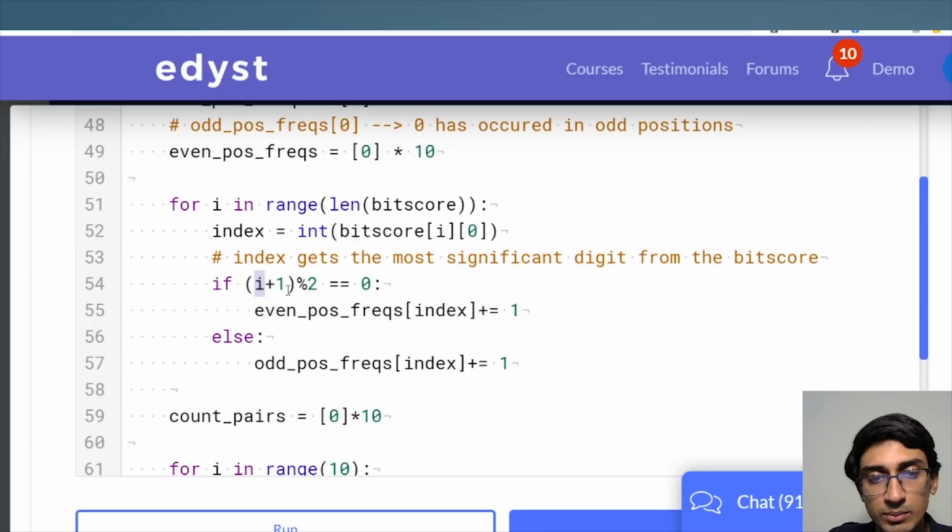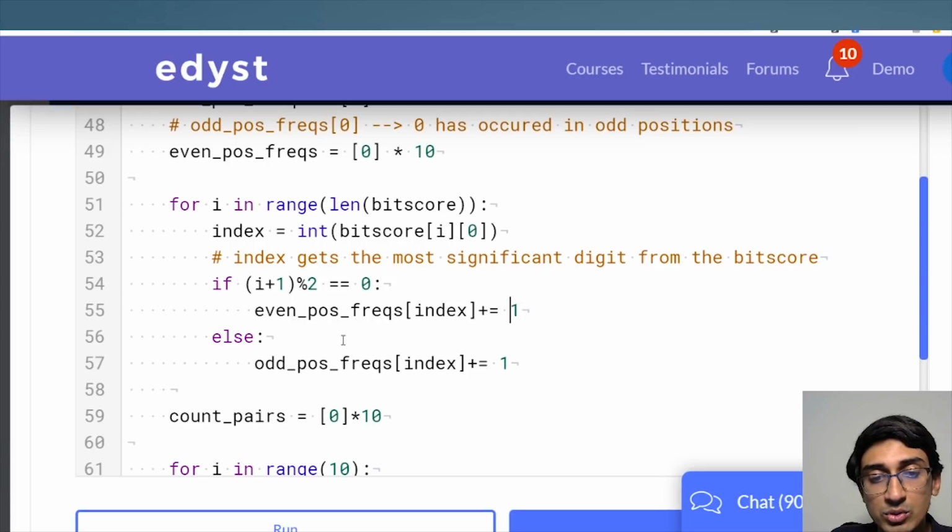If index plus 1 mod 2 equals 0... actually we're doing 1 based index here. So if I'm at the 0th index, this is 1. So 0 plus 1 is 1, 1 mod 2, is it odd? If it's odd, then I want to increase the odd frequencies. If it's even, then I want to increase the even frequencies. This is the most significant digit, so it goes to the most significant digit and increases the frequency of that particular thing.